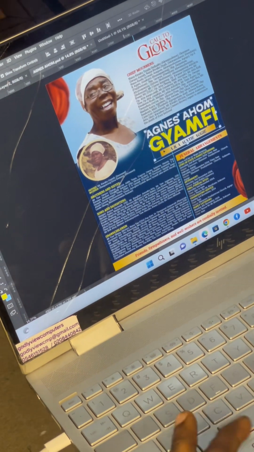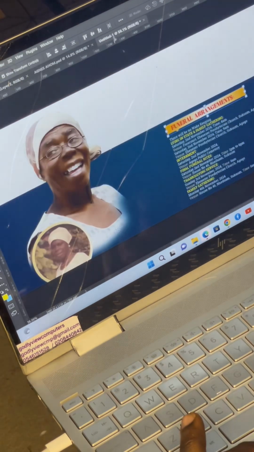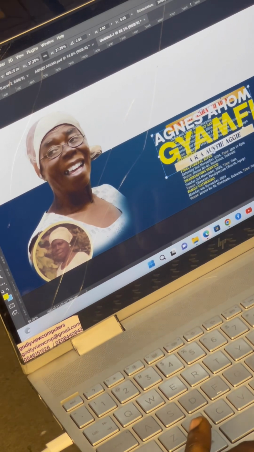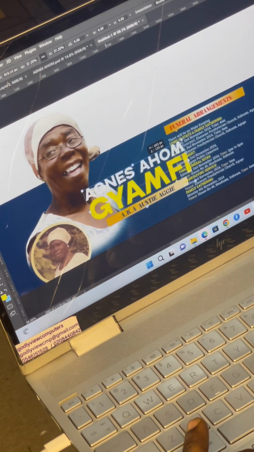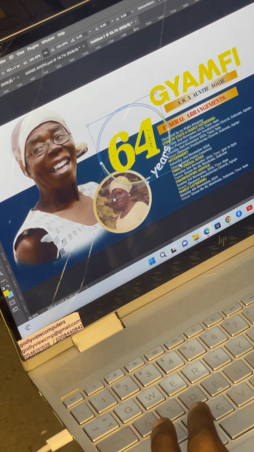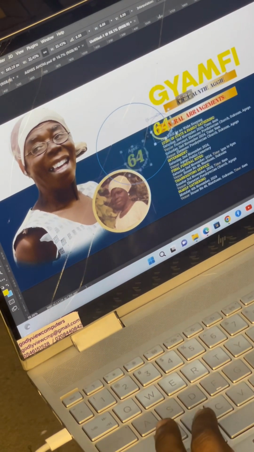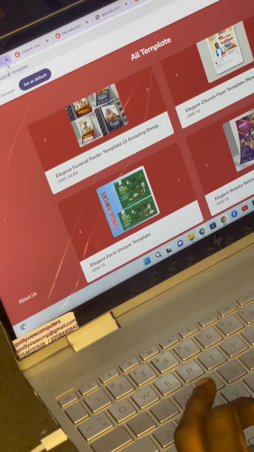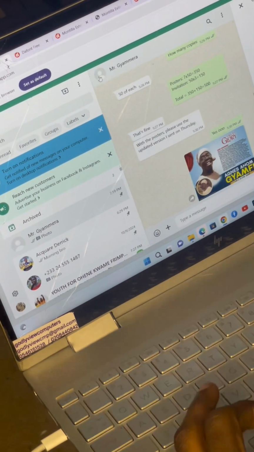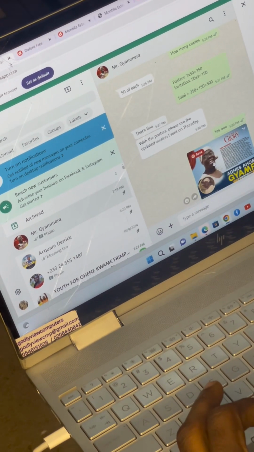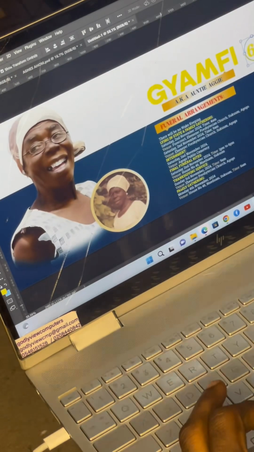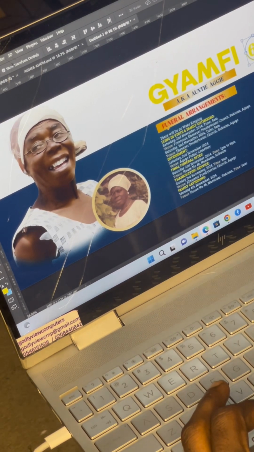unlock this, and let's click and drag this one here, and also reduce the size. So I think I'm going to do something different. Reduce the size, and also let me check her age. So the age is supposed to be here, it's not here. So let me go back and see. 98. Okay, so let me change this one to 98,